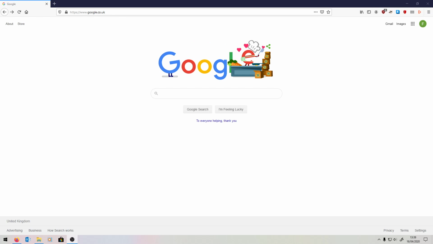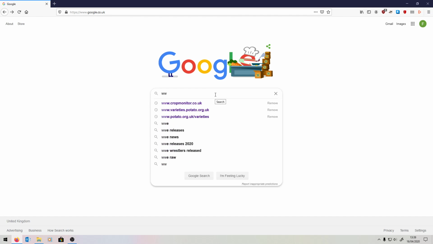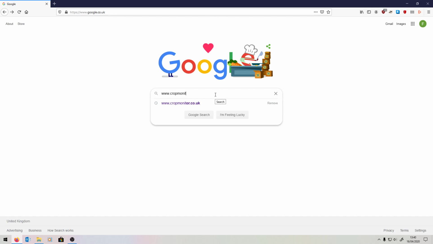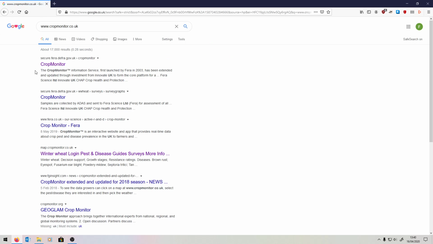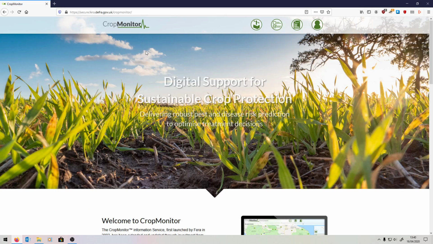To start off, we first have to navigate to the website, and we do that by typing in www.cropmonitor, all in one word, .co.uk. Clicking the first link that comes up will lead us to the main website of CropMonitor, and this front page